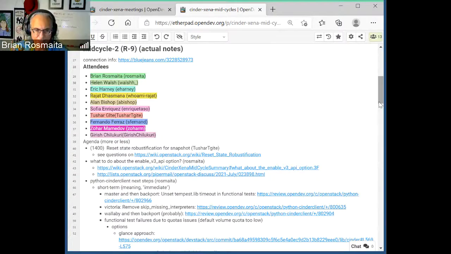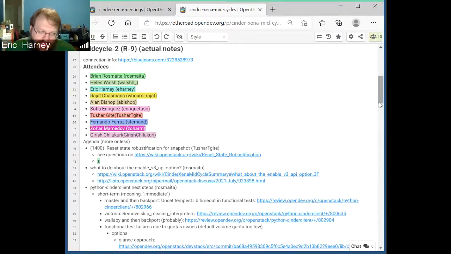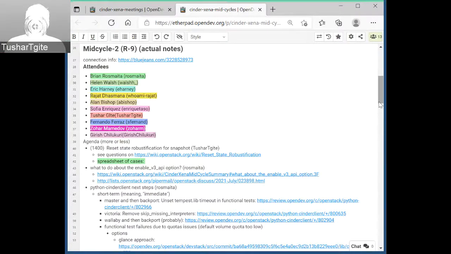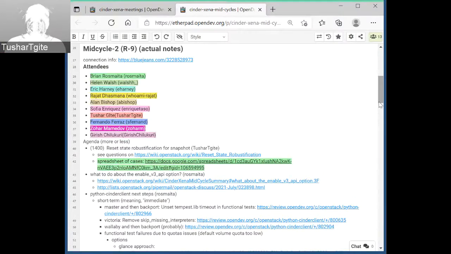Sorry, I'm looking at the spreadsheet. Let me put the link to that in here too. It doesn't cover anything related to this question as of now, right? No, not for group and group snapshot. It's for the other three APIs: volume, backup, and snapshot.